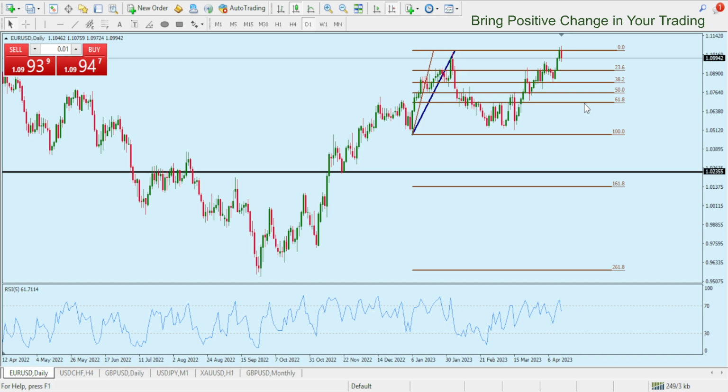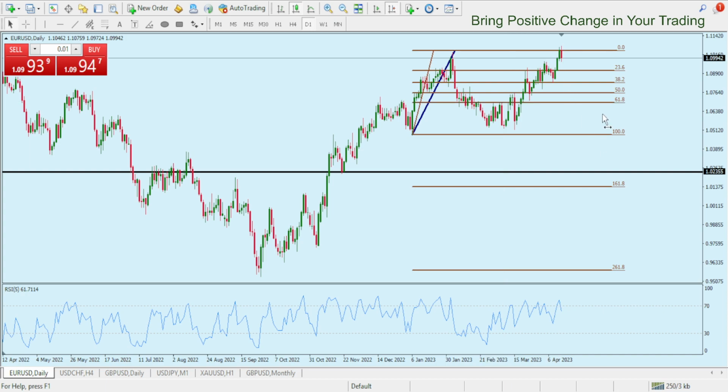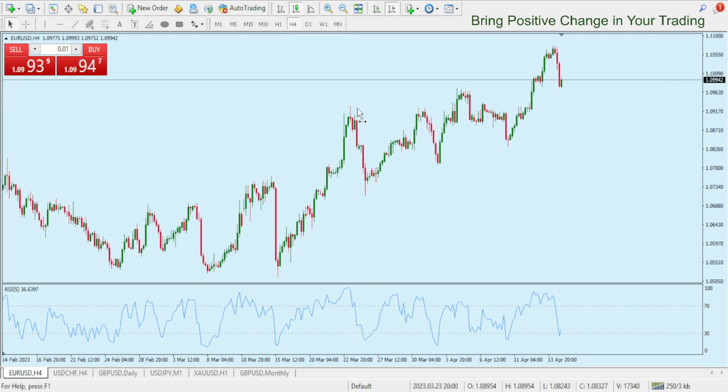Don't play with your stop losses. Once you set your stop loss, let it be there. Okay, so still we are lucky enough, we are holding that trade, and 366 pips it is up so far. Now the main story: shall we keep this trade open or not, or what should we do